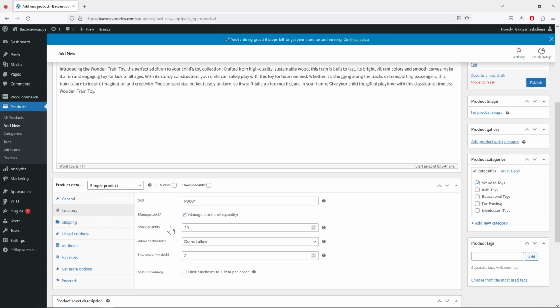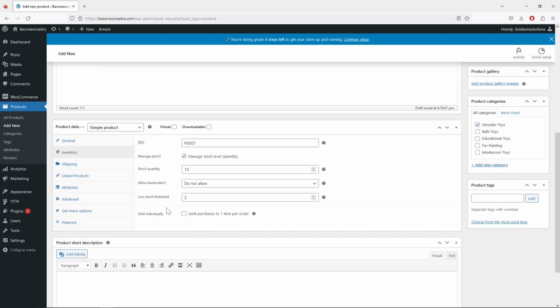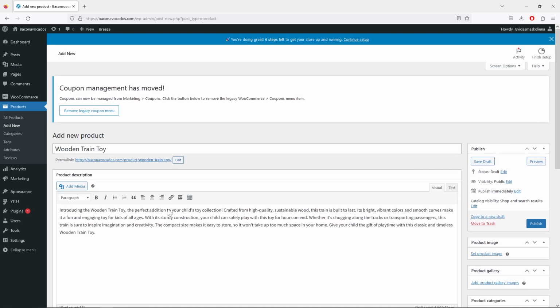And I added stock quantity, and right here I have low stock threshold. So it's gonna be 2 products. Once it reaches 2 products, I'm gonna be notified with an email message that this product is running out of